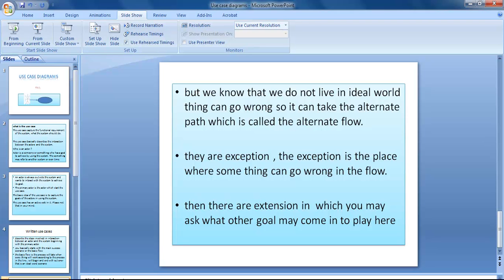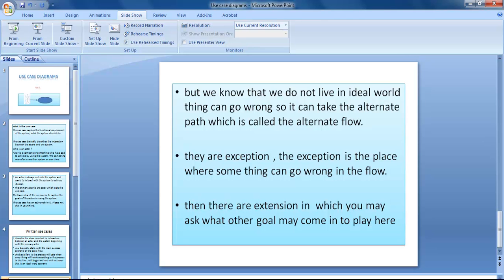Now suppose you are going from home to the bank, and from the bank you are going to the office. But while going to the bank you get a problem: your car has some big problems. You cannot take your car to the office. Now you cannot go to the office because the office is very far away, so you decide to take the day off. This is where the situation has gone wrong, and this is where the exception has been raised, because your process of going to the office has been terminated.